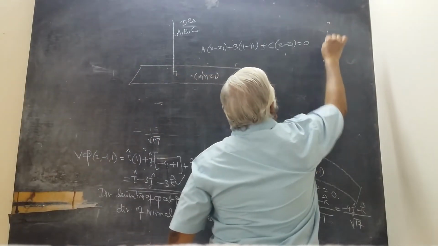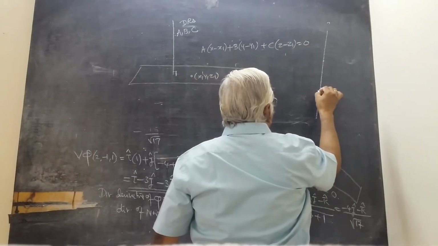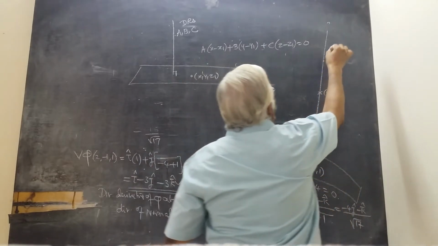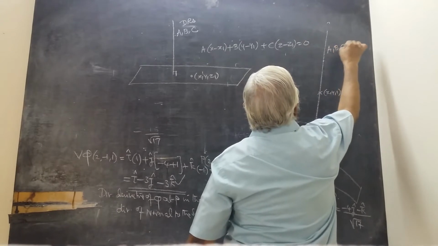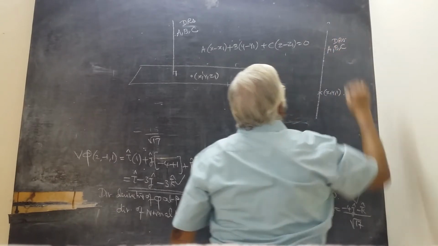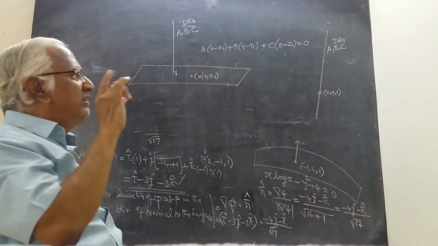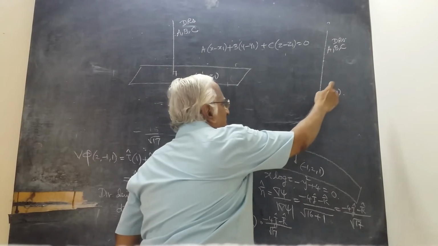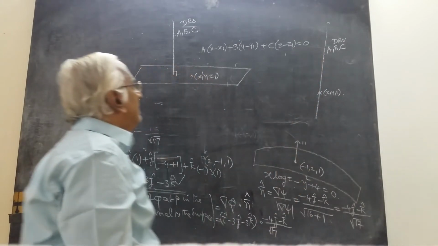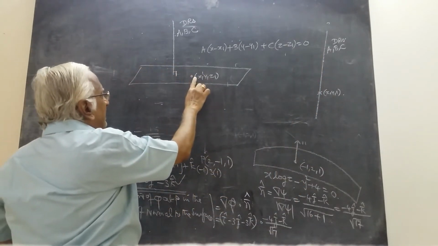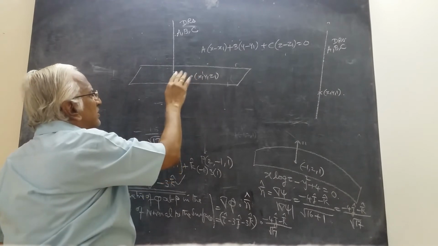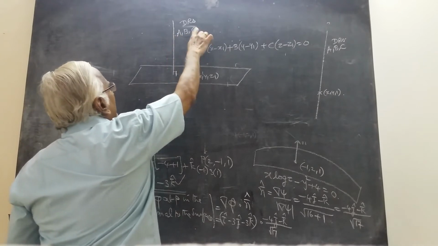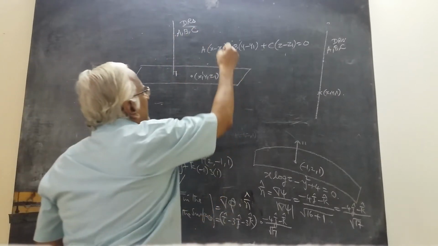I want a line equation. If the line passes through the point x1, y1, the line has DRs, direction ratios, A, B, C. Direction ratios are only for straight lines. In the plane passing through the point, the plane will have a normal, and the normal is a line, with direction ratios A, B, C. This is the plane equation.